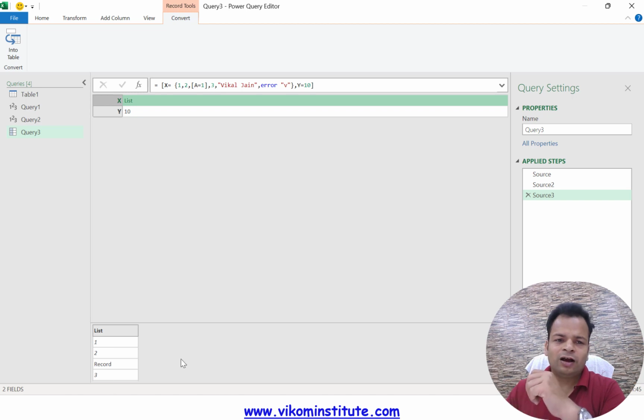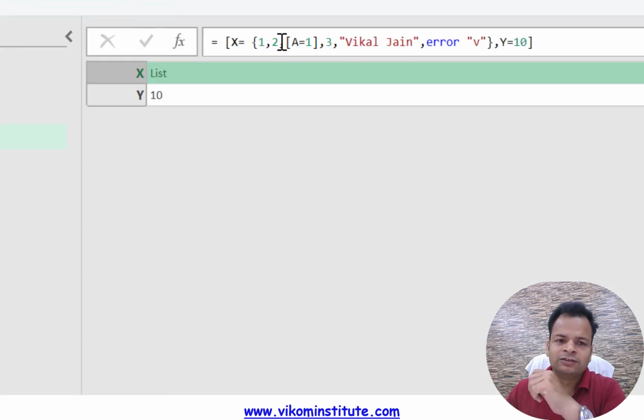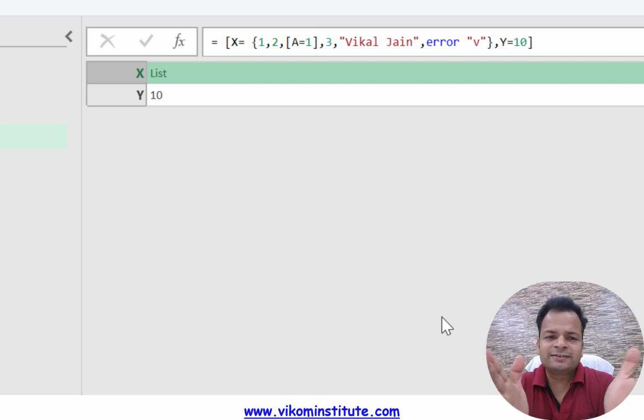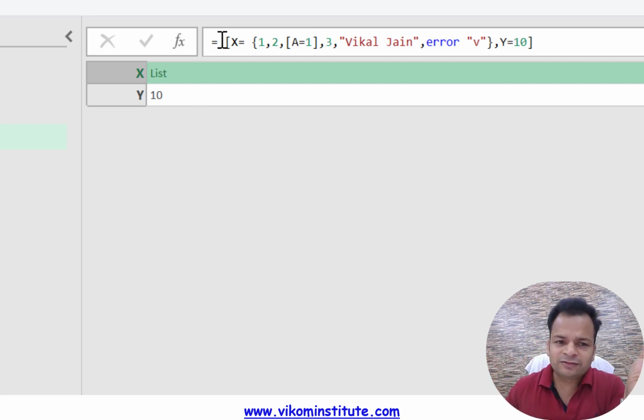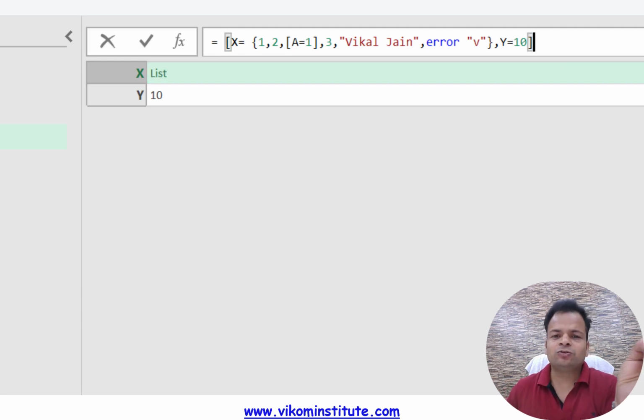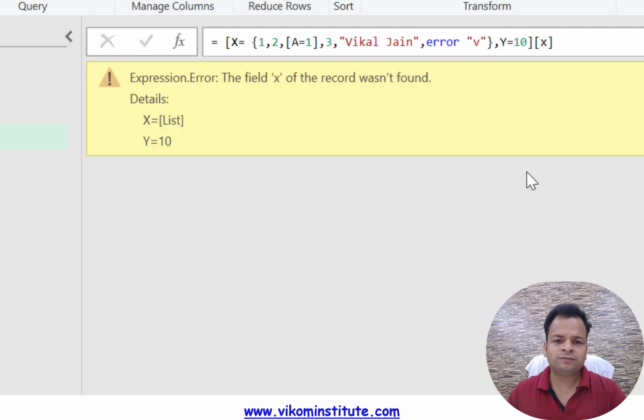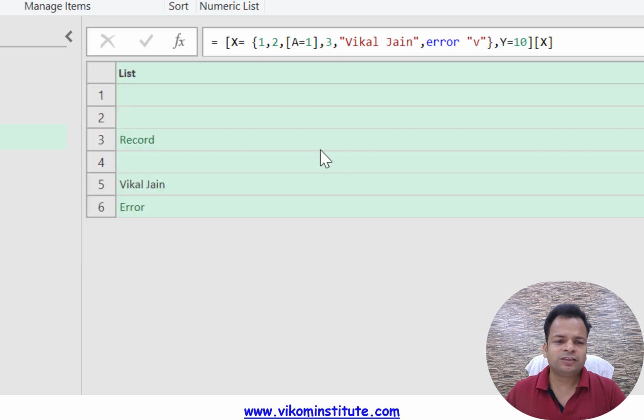Now what I want to do is find out this value of 1. See what is overruling in the syntax. This time upfront we can see the record. So we need to find out the value of the record first. So here we have record X, that is going to give us this whole thing, X. I have entered a small x, I need to make it big because it is case sensitive. Now here it is.